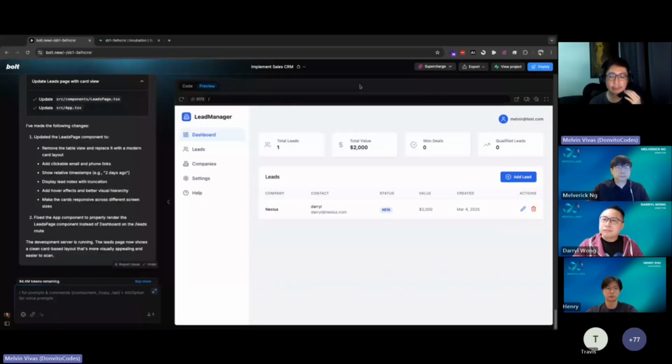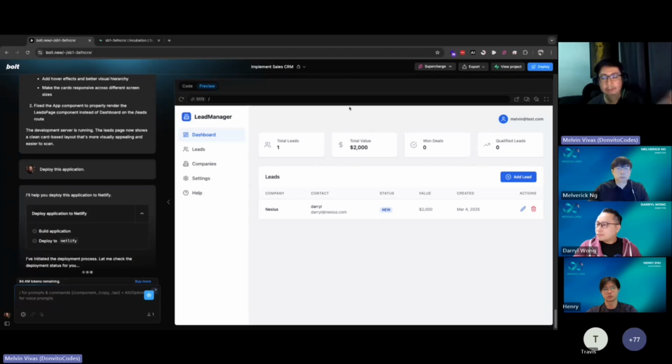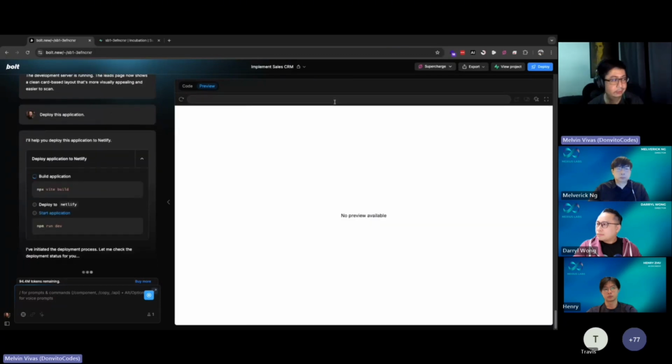Okay, so we're done with the app, right? We want to actually let it out to the user. We want to let the users use our app. We cannot actually give this URL to the user because they're not able to access this, because this is a Bolt URL, right? So what we will do, I will just click this deploy button. I'm not sure if you can see it. It's a small button in the top right here that I am highlighting here. You click the deploy here, and it's gonna deploy your app to the world. Behind the scenes, it's using Netlify to deploy your app.